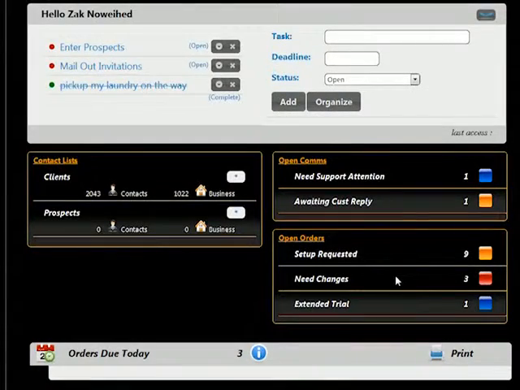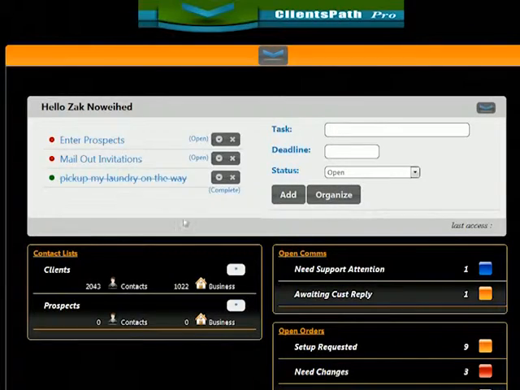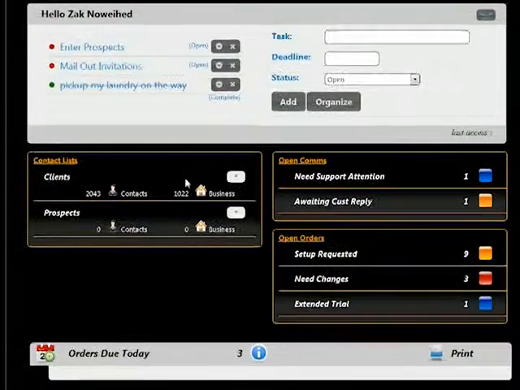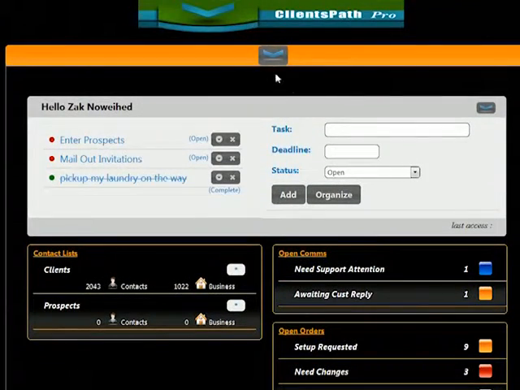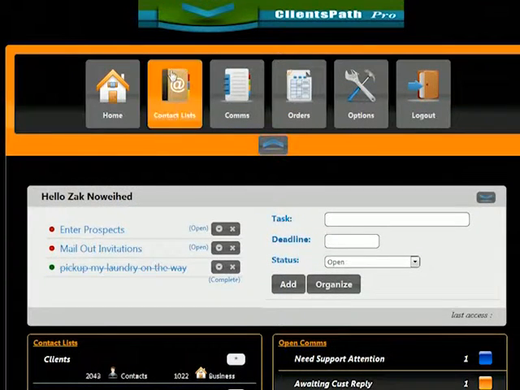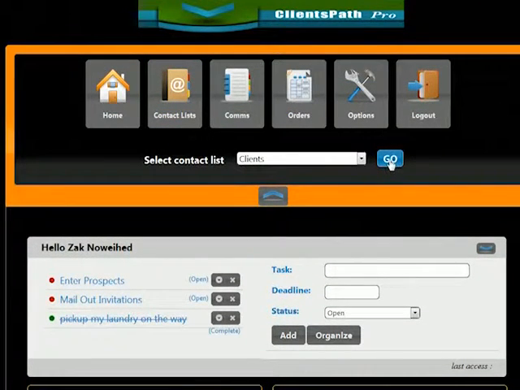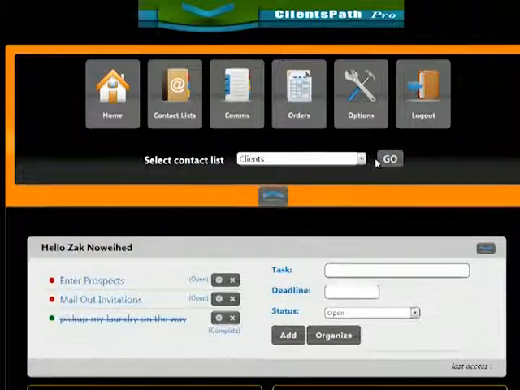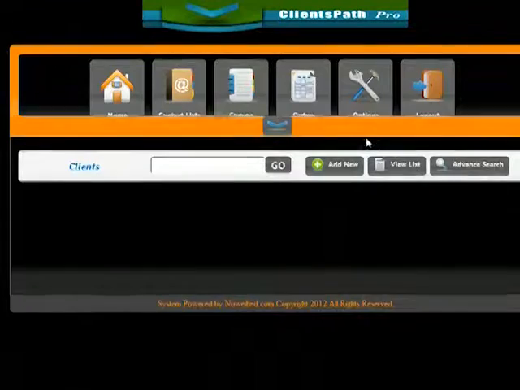This is the all familiar home screen. Today I will start by showing another way to look up your clients and do searches. Last time, if we remember, if we're looking for a specific client, it's very easy. We just click here, start typing, and that client would come up.